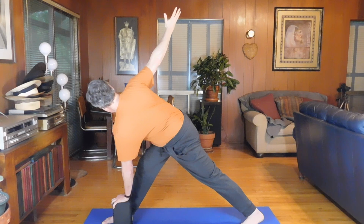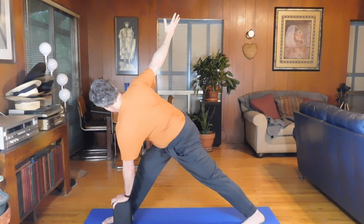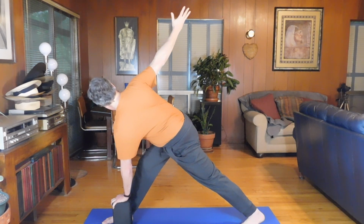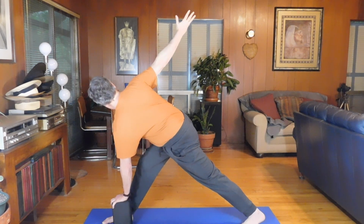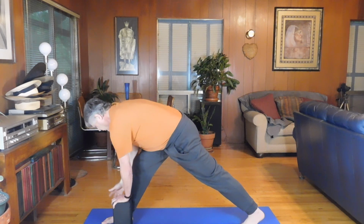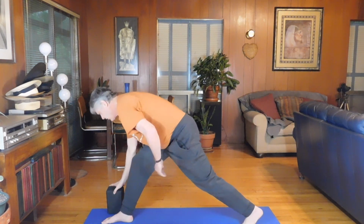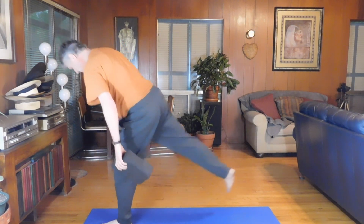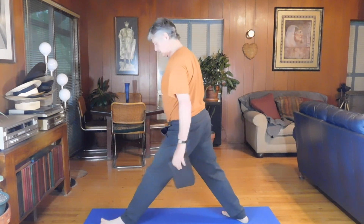As you begin to rotate, use your right shoulder blade to draw back and allow the shoulder blade to lead the arm. Carry the weight with your legs, pressing out through both feet and taking as much of the weight off the block as possible. When you're finished, come back to Tadasana. Stepping back with the right foot,